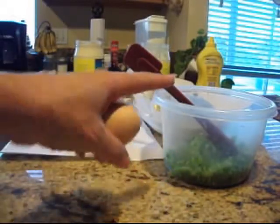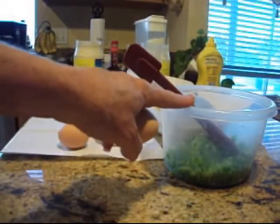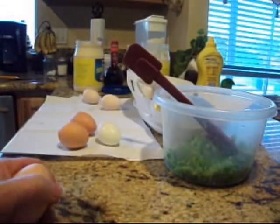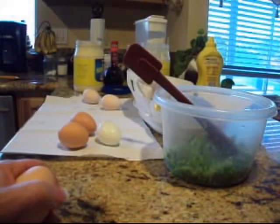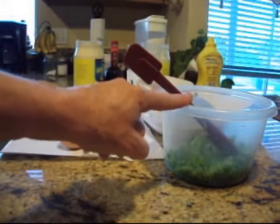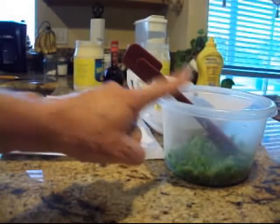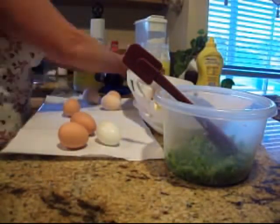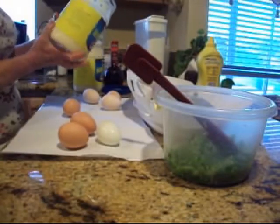So what I've got in this bowl are green onions, and I discovered tonight I will need a new little mini chopper because it just isn't doing the job the way I'd like. I also have three pretty big jalapenos that I seeded and cored, took the pith out. And then the other thing that I wanted to run past you was